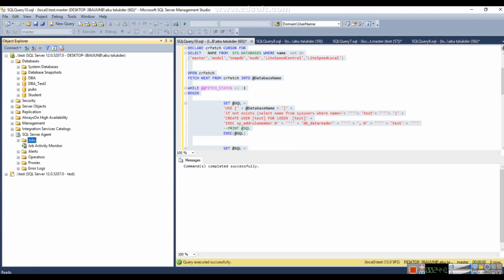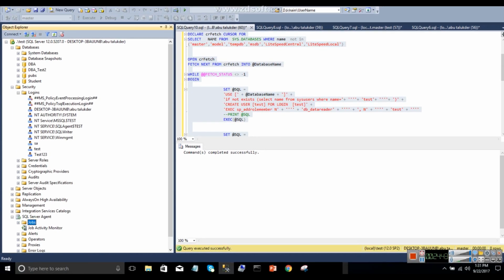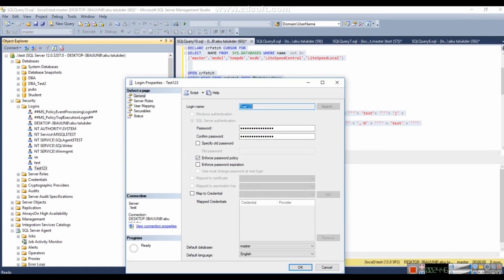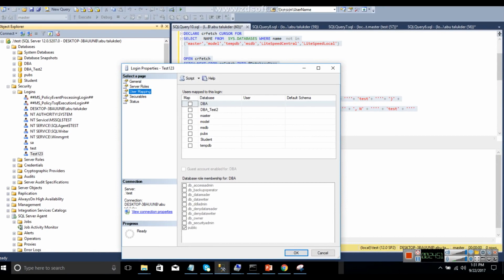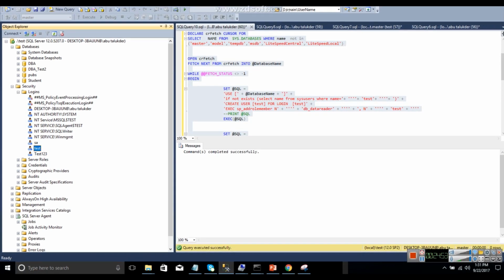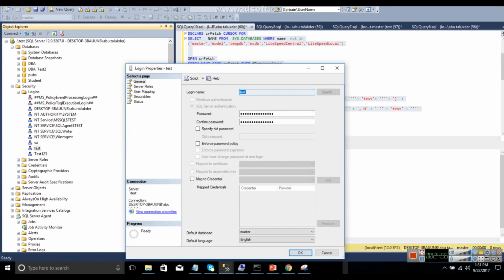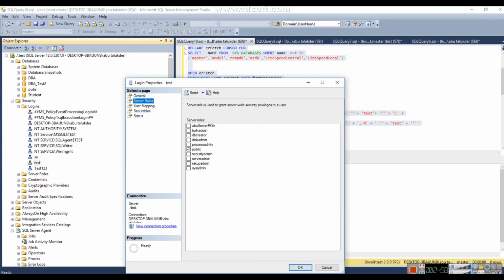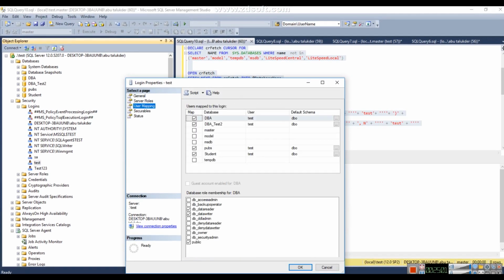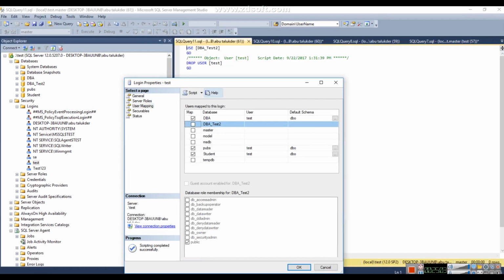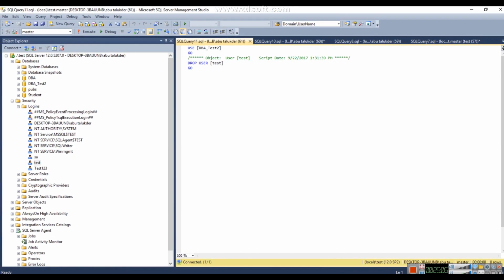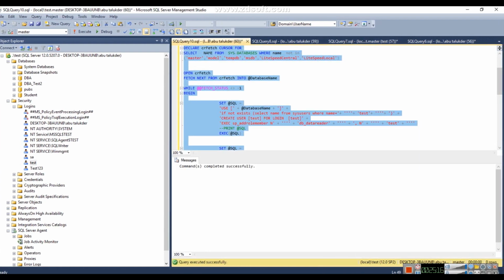So for example, if you have access, not this one, I think test. So deselect it. So as you can see, drop user. So from that database you have to create another dynamic SQL to drop it, or you can manually do that, and then if you are manually removing it,